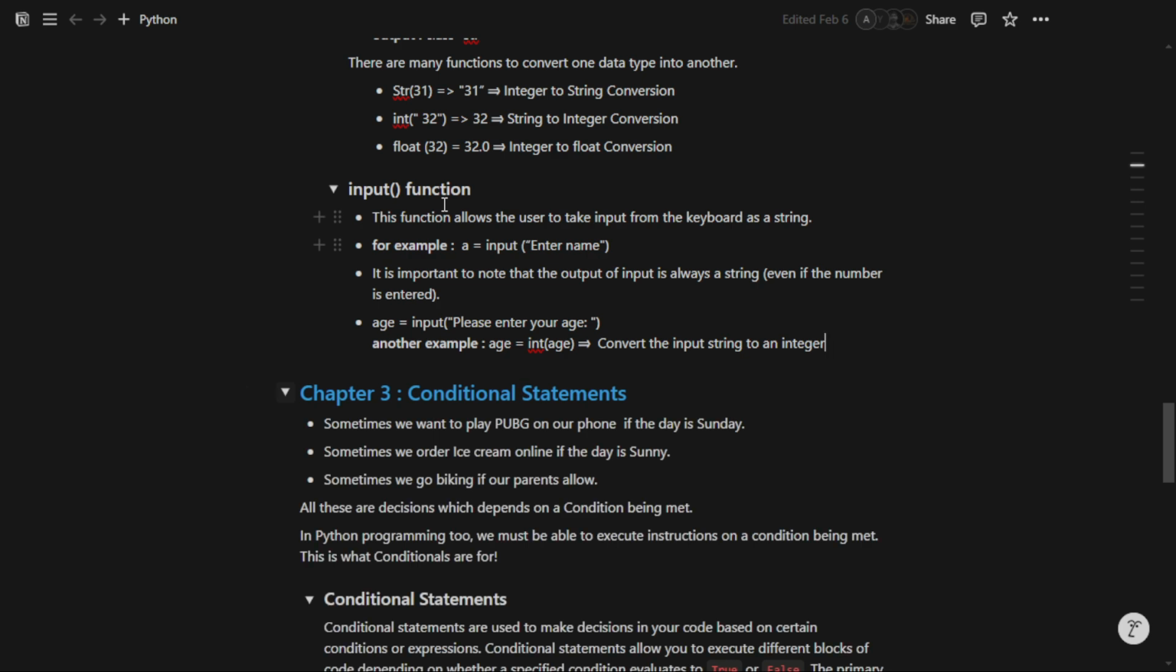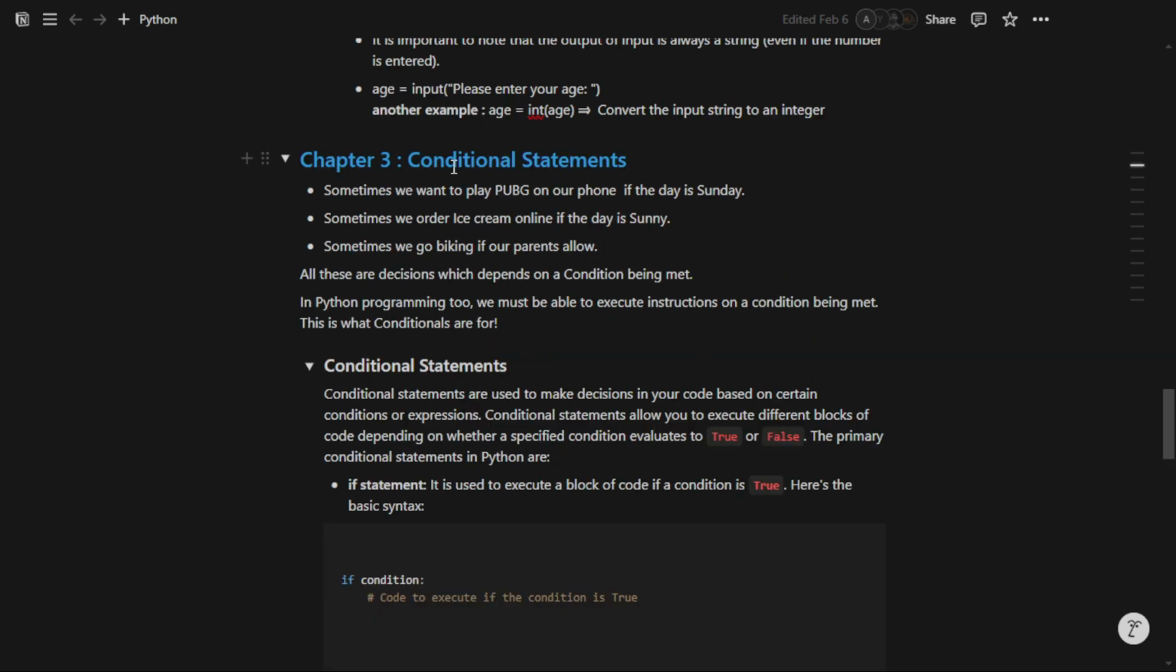We have conditional statements, and I think you are aware of them. Do you know how many types of conditional statements there are in Python? Two, right? If and else. No, wait, we have one more, which is elif. So we have if, elif, else. So when do we use conditional statements? Just like the example given here, sometimes we order